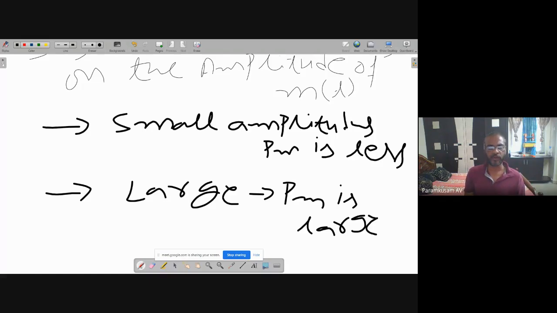For example, if I speak to you before my computer, and my voice is transmitted through, suppose, PCM using uniform quantization, what happens if I speak loudly for some amount of time? If I speak very softly, the voice amplitude is less for some amount of time, then you feel inconvenient.